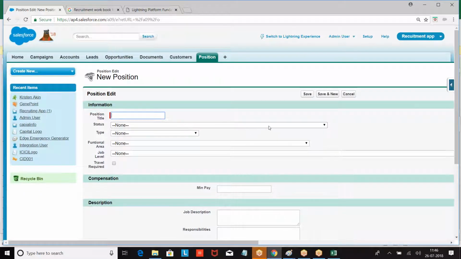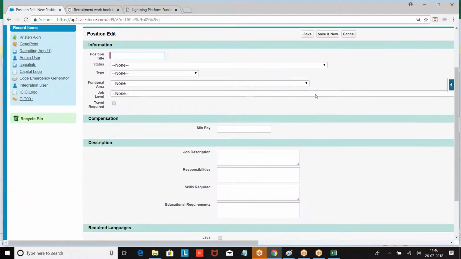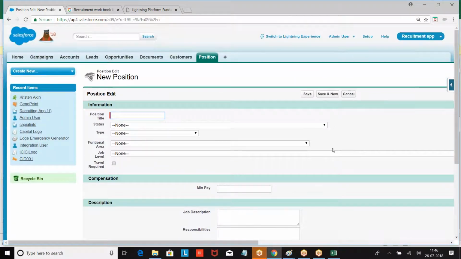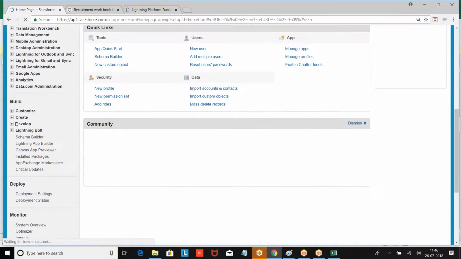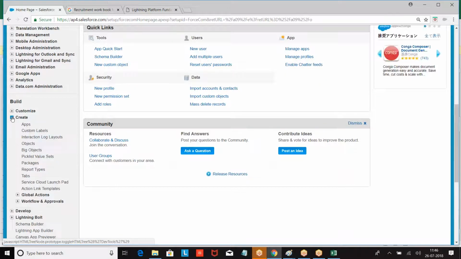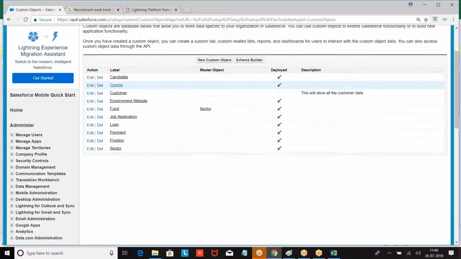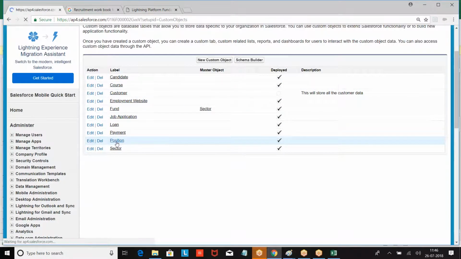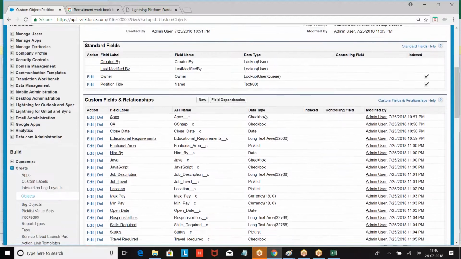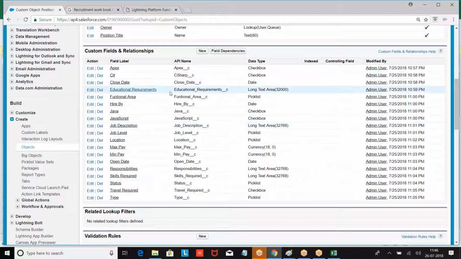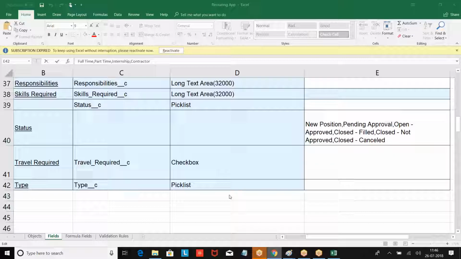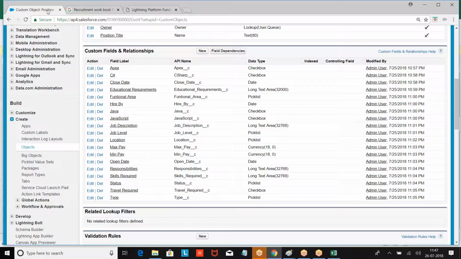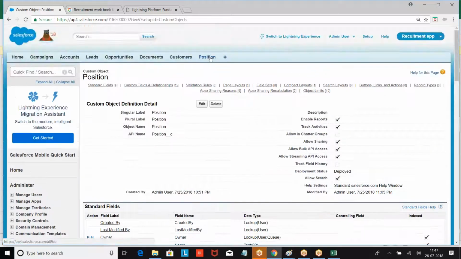As you are not mentioning the length in the schema builder, what is the data that is taken? Now, go back to setup, go to create objects, then position object. Right. So what was the data given on the top, boss? Look at the things where you are supposed to fix the errors we received.